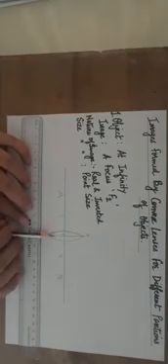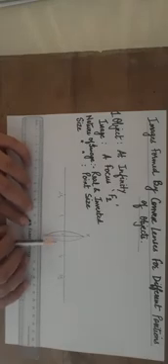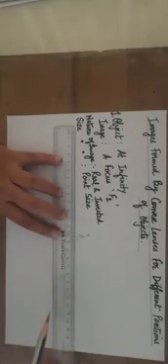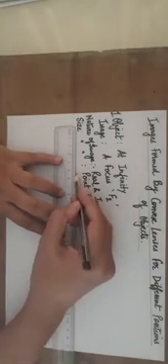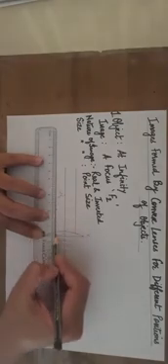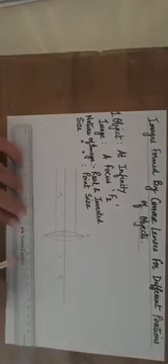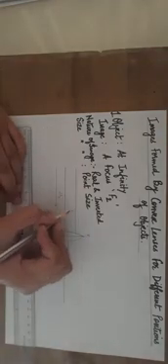Now we have said that rays coming from an object that is at infinite distance from the lens will always be parallel. So you have to show parallel rays of light. The incident rays coming from an object at infinite distance are always parallel. So these are the two incident rays that we have shown.